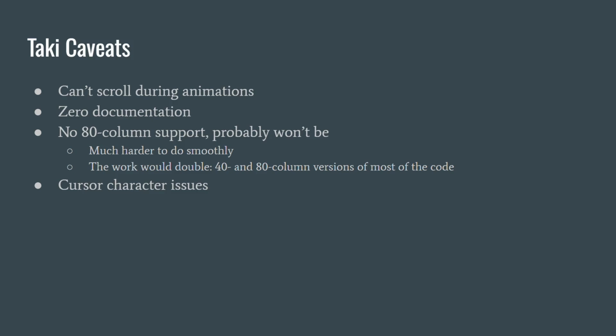So we either need to use a flashing character like the original models, or else we need to use a static character, such as maybe an underscore, that doesn't flash. Actually, I probably will go that route or something similar in future versions of Taki. The reason Apple IIe and later stopped using the hardware-based flashing text characters is that they introduced lowercase characters but didn't support flashing versions. So there stopped being a way to do the cursor correctly when it's sitting atop a lowercase character, which is in fact an issue that Taki now also suffers.